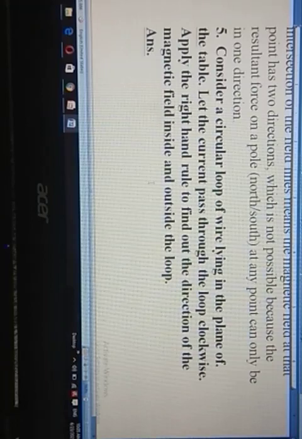Similarly, if we make a plane of a table and we consider a circular loop wire lying in the plane of a table, it shows a right hand thumb rule upward in direction, producing concentric anti-clockwise magnetic field lines, whereas when it comes back, a direction change will be there. The current flows downward in direction. The magnetic field lines produced by a straight current carrying wire will be clockwise in direction, forming concentric circles to each other.